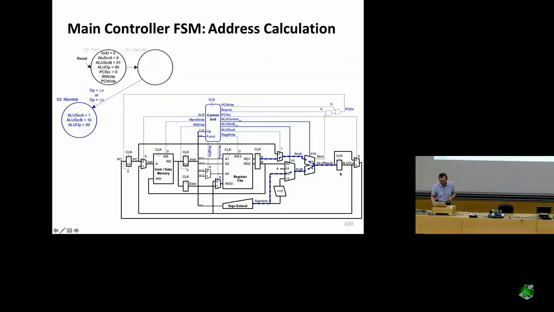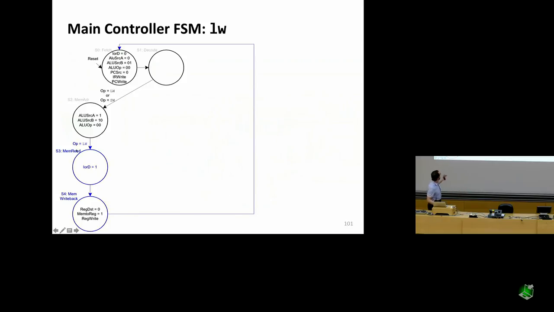Makes sense? So it's basically a state machine. And we could keep doing this. The next state over here is the memory read state. The next state over here is the memory write back state. So in one cycle, you read memory. In one cycle, you write the result back to the register file. So you need to set the associated signals. So I or D means, are you reading the instruction or data part, depending on how you design the memory. And this part is, are you writing to the register or not, and where are you getting the data from. So these are the signals that you need to control the data path correctly for the execution of this particular